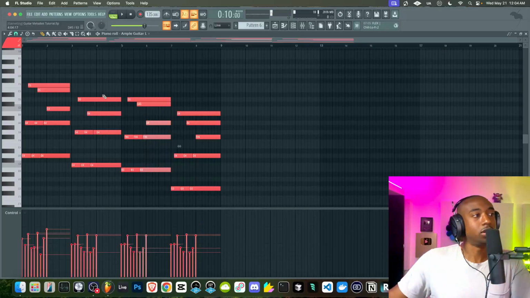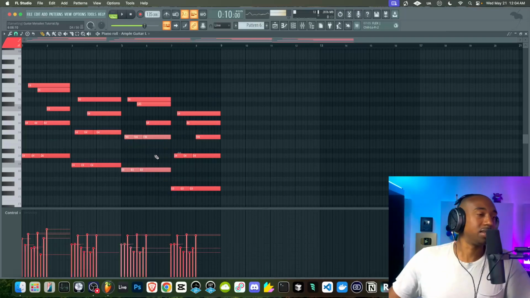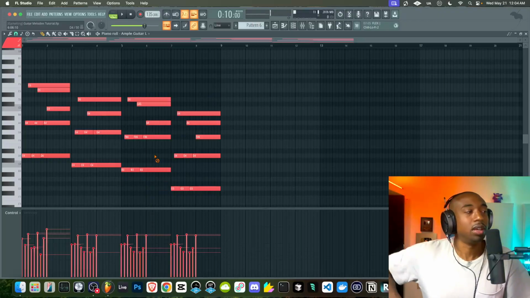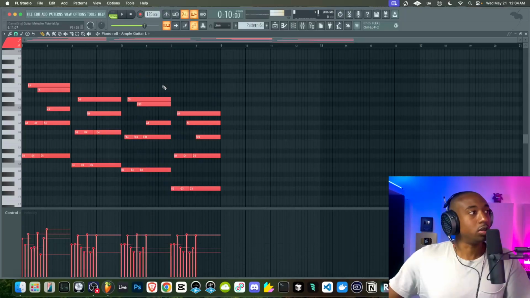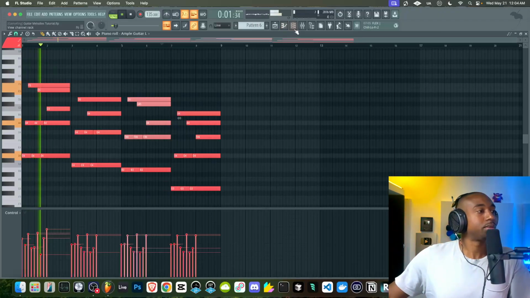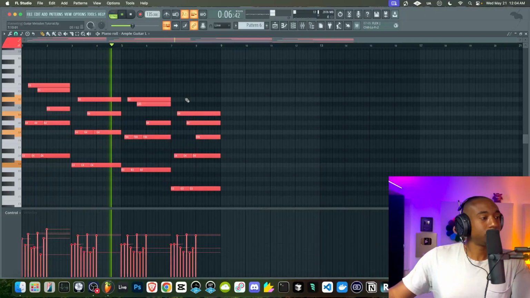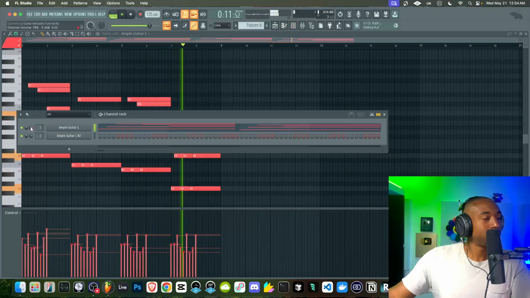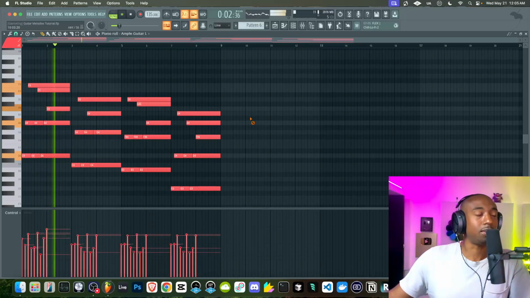So here's where we are tricking the ear because we keep D as the top note, but we're actually changing the chord type. And this is where we get into borrowed chords and modal interchange and all this type of stuff. I did not cover all this in this video, so the explanation behind this will require a little too much backstory. So we're just going to say we're doing it by ear for now. So see how it's like a story being told as opposed to just the same chord over and over again.